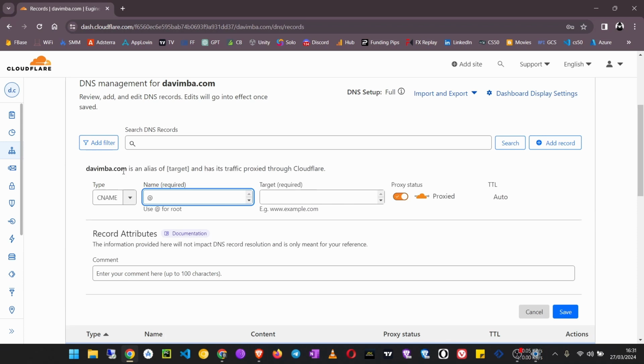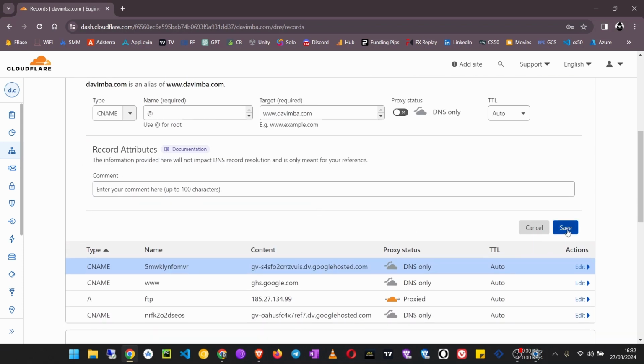That means davimba.com will be an alias of the target that I will put here, www.davimba.com. So when someone puts in www.davimba.com, that will work, and if someone just types davimba.com, it will work also. Then I click save,